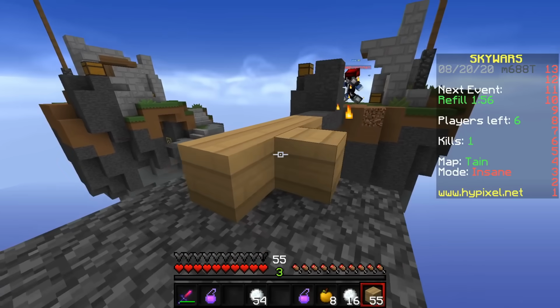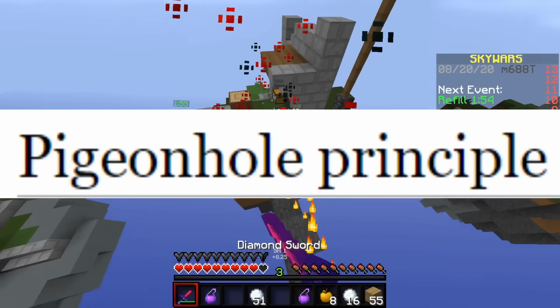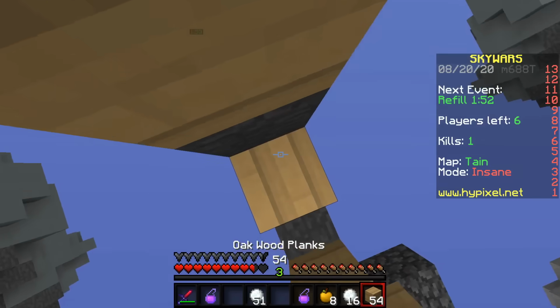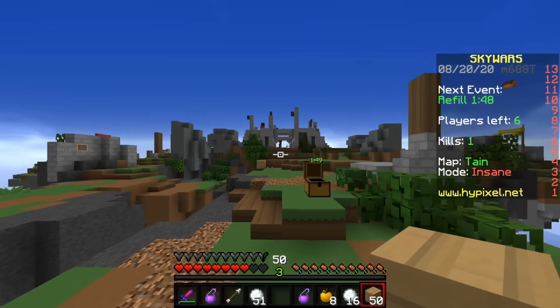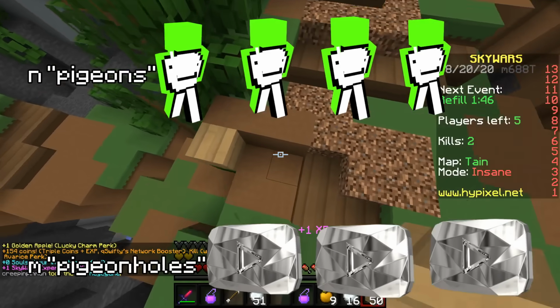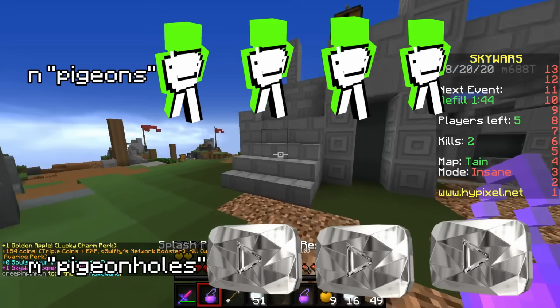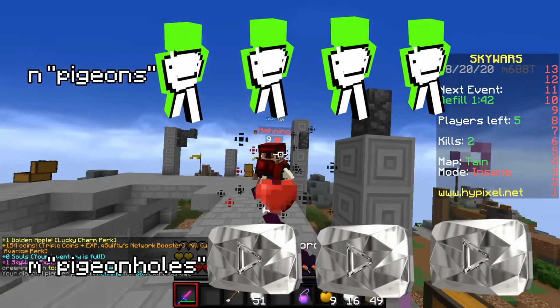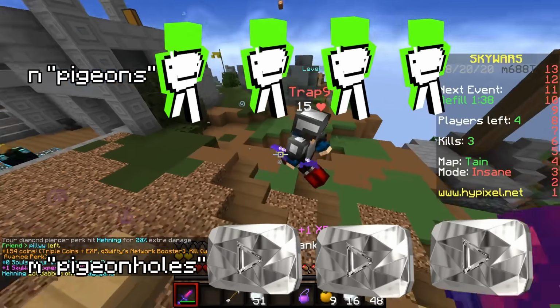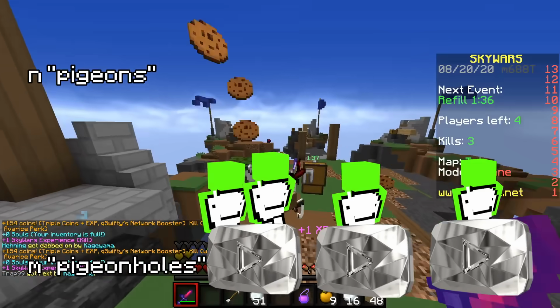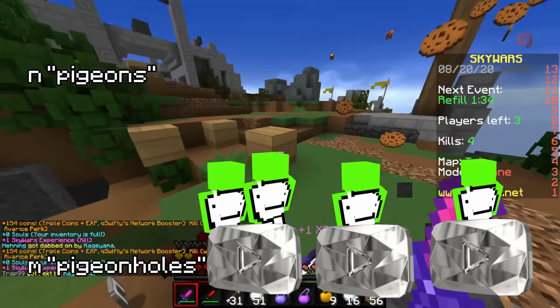First of all, let's talk about something called the pigeonhole principle. The pigeonhole principle, apart from having a very funny name, pretty much says that if we have n pigeons and m holes, and n is bigger than m, if we put all the pigeons into a hole, there will be at least one hole with more than one pigeon.